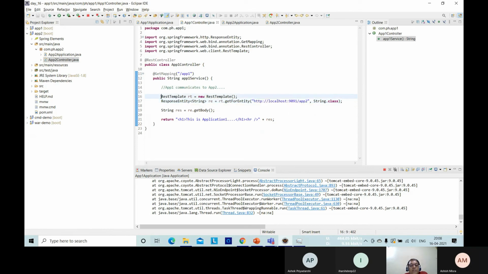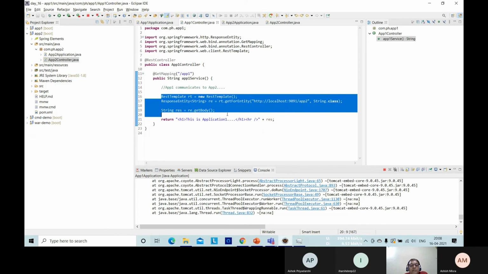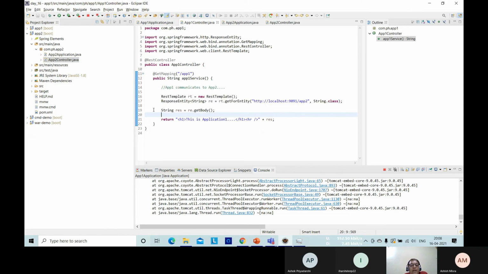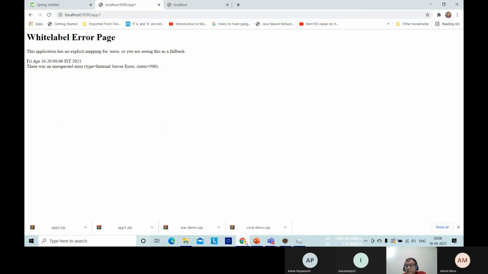So this line generates exceptions, but unfortunately we haven't handled those exceptions like what we did in the previous sessions. So in a real project or program, we will have to do that. We will have to handle those and proper messages should be displayed.